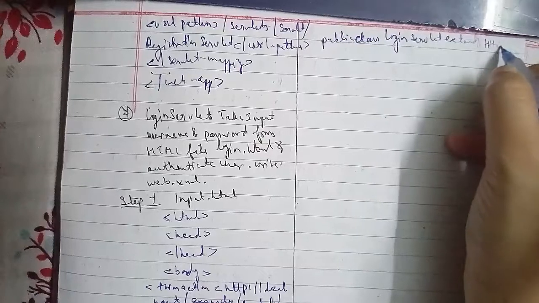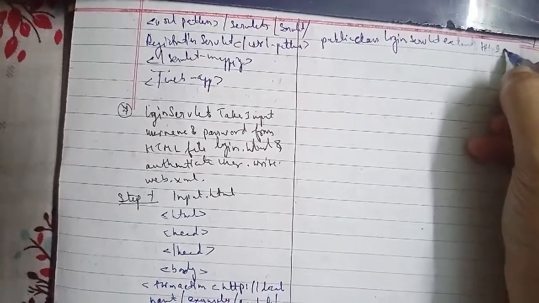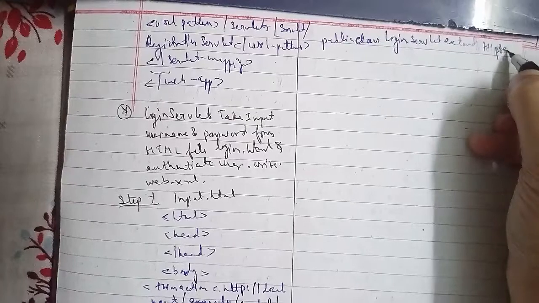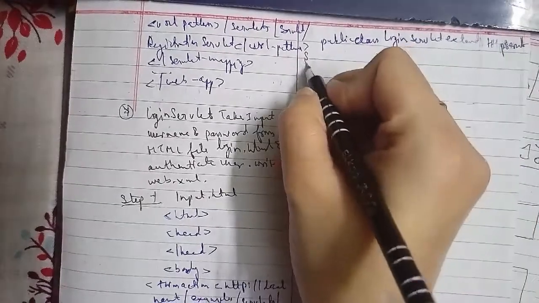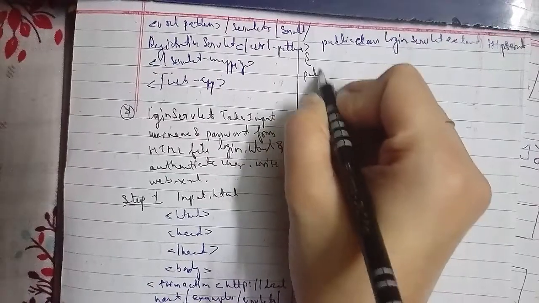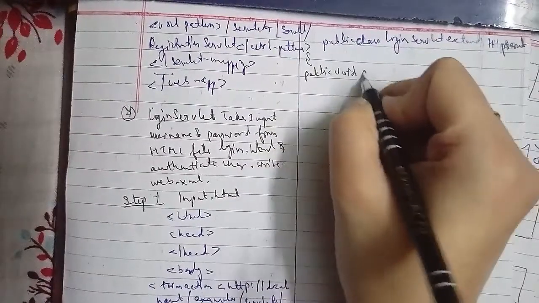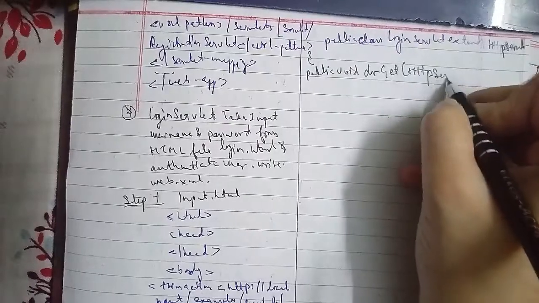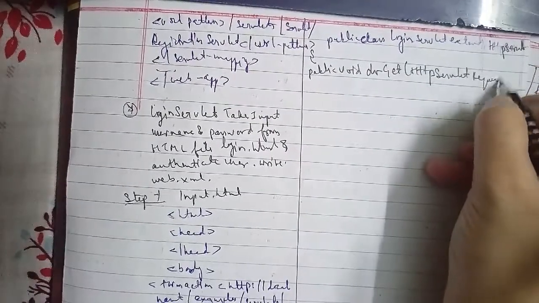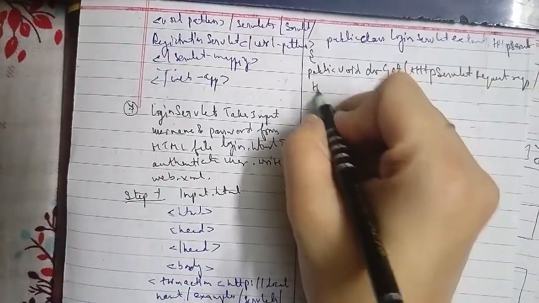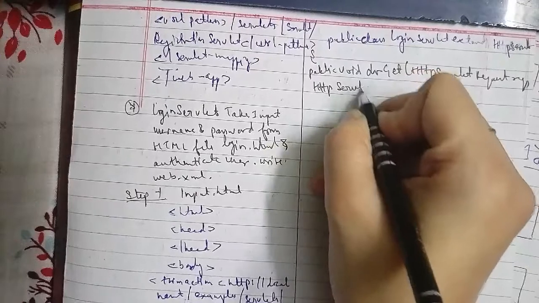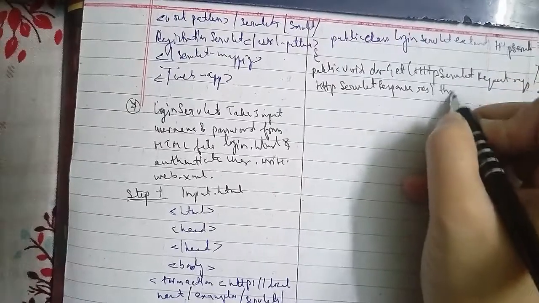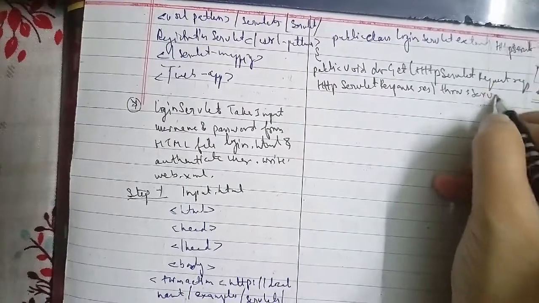void doGet, that is HttpServletRequest, it is req, HttpServletResponse, that is res, that is throws ServletException, IOException, then start another curly bracket, PrintWriter out equals to res dot getWriter,